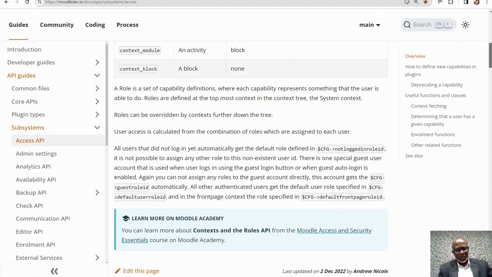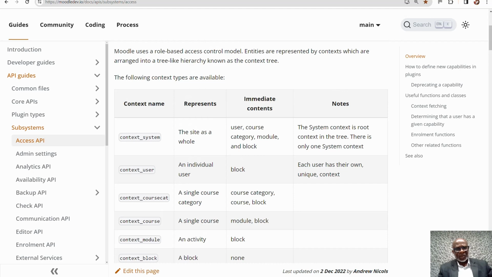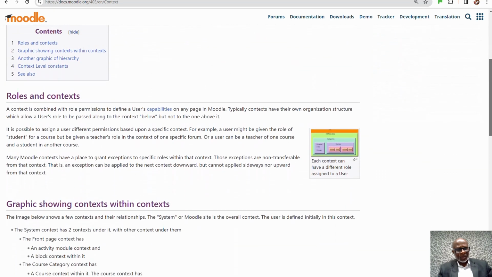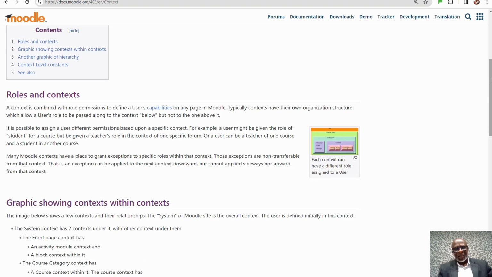Let me show you this image of context. This would clarify it. But before I show you this image, let me just use this metaphor again. It's really about an office block, a corporate office block of say maybe 6 floors, okay? And you've got the executive director staff on the top floor, which is the 6th floor. You've got the management staff on the fourth and fifth floors, and then you've got everybody else